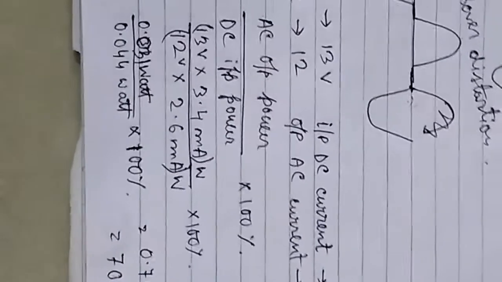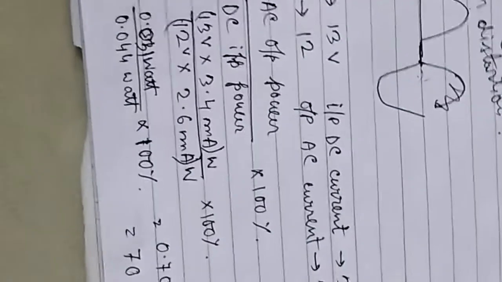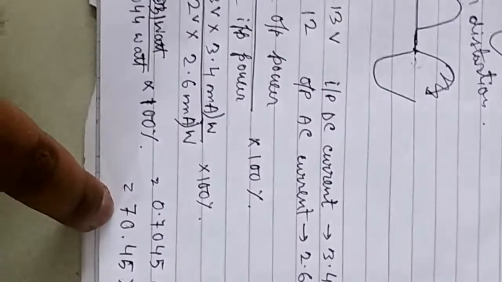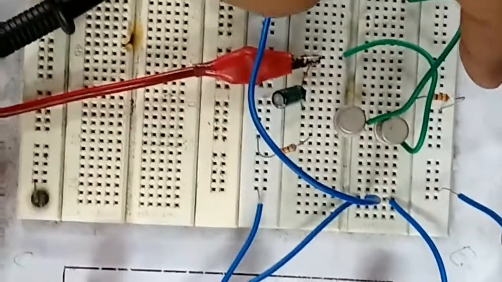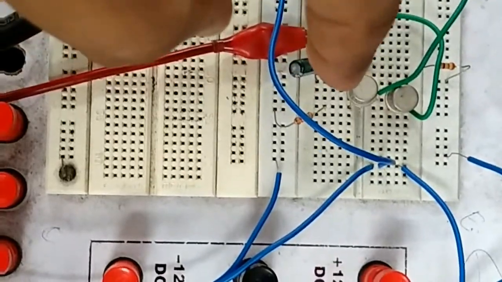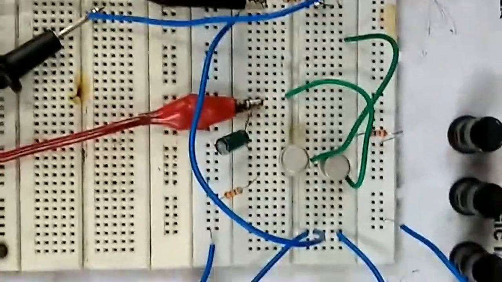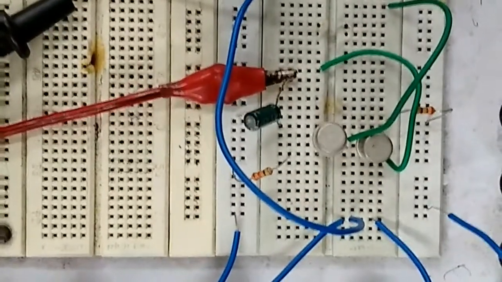Okay, it's considerable because the theoretical efficiency of this circuit is 78%, and practically we are getting 70%, but it can be increased up to 78% with more proper biasing. That means more proper values need to be connected with the circuit. Actually I have used 330 ohms as my R1 and R2. So if we connect more proper biasing to the circuit, we can have 78% efficiency.